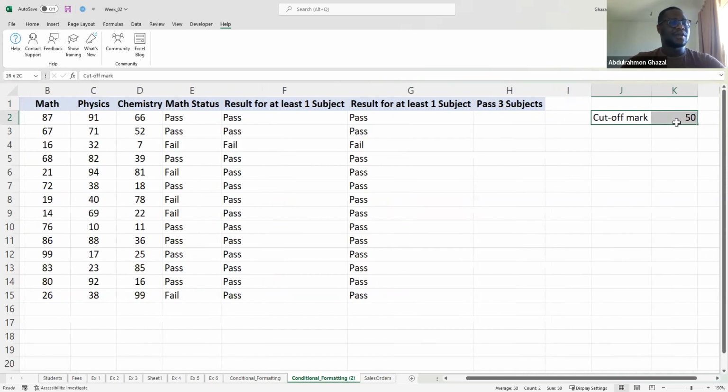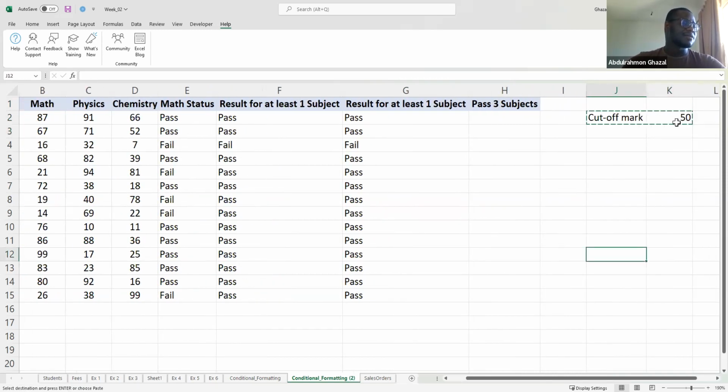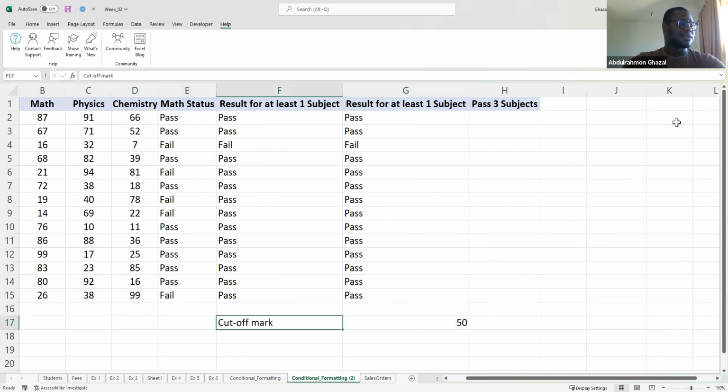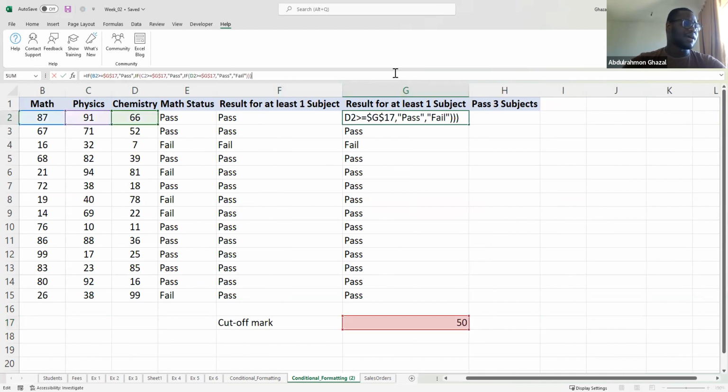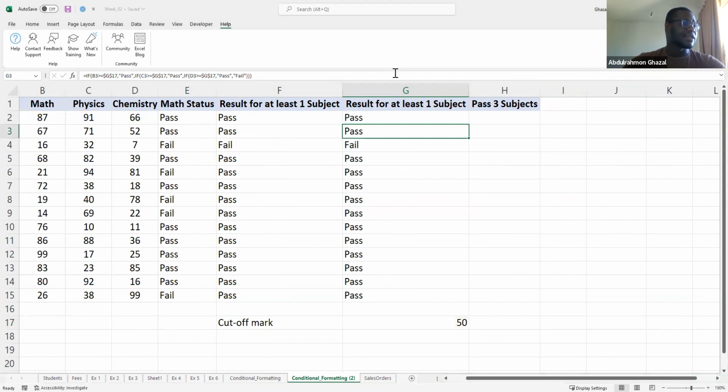Perhaps I should move the location of my cutoff mark to somewhere below where we can see it. Yeah, the reference is still going to be distant. Excel is smart enough to know that we've changed the location and it's still the same thing, so our results are not affected. Like I said, provided the referencing is properly done, you'll be sure our results are not affected. And for a condition whereby we want to test for students that passed all three,